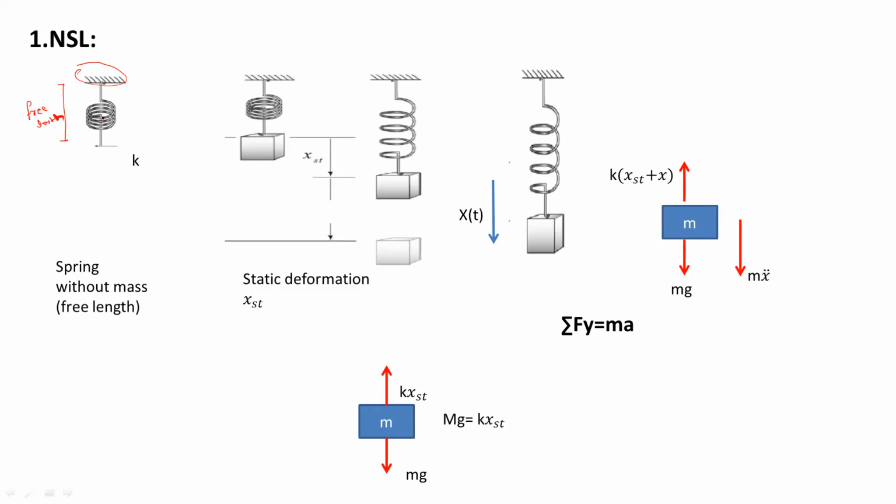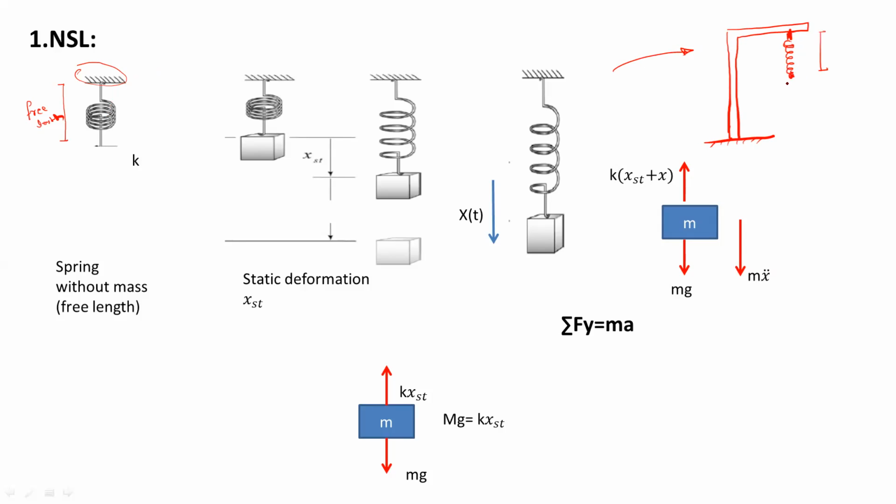Just imagine you are performing one physical experiment. In the laboratory, you have taken one spring and connected it with the fixed support. In the laboratory, the actual setup is like this. This is the frame, connected to the ground. Basically this is a steel frame that will provide the fixed support. At this point, we connect this spring like this. Initially the spring is at the free length.